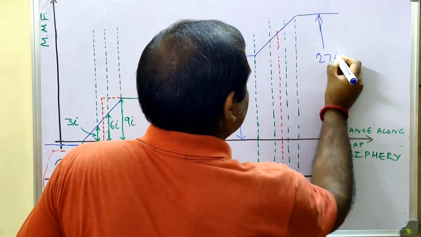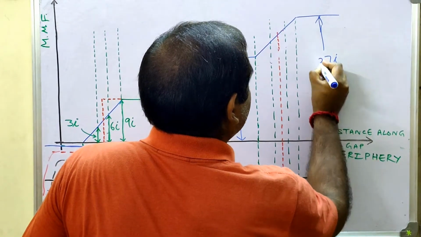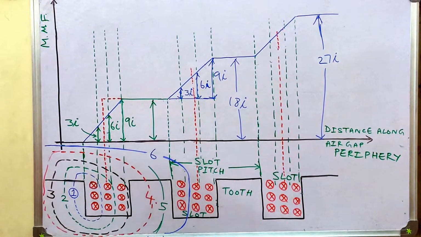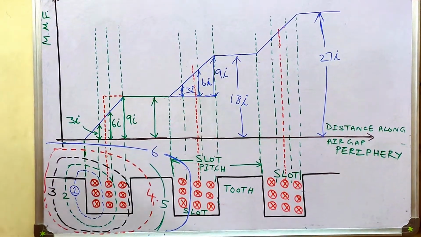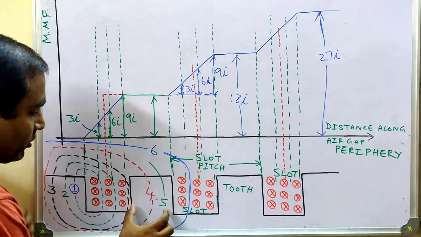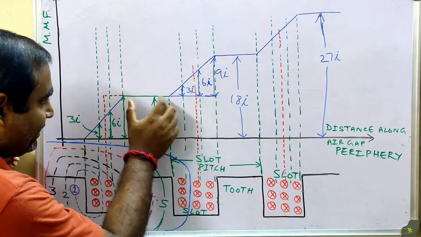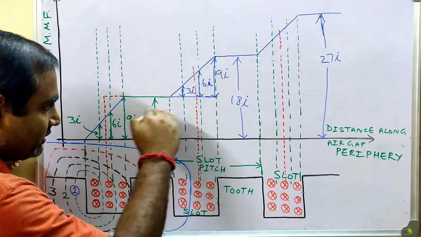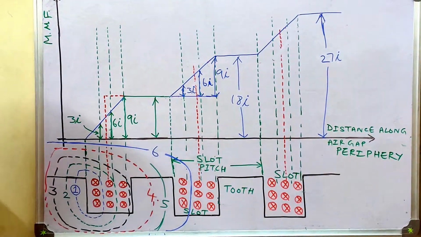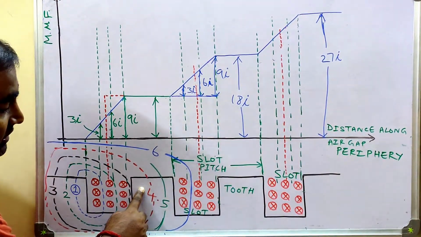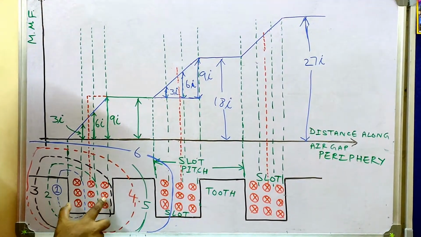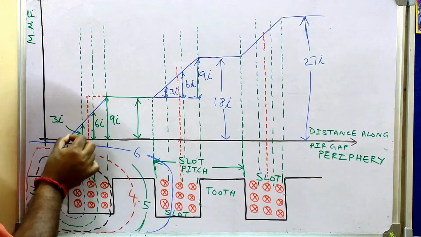So what is important is that we should remember one thing. What is that which we should remember? That the variation of MMF over the tooth portion is not there. It is parallel or constant. It is not changing, neither decreasing nor increasing. Where? Over the tooth portion, because of the simple fact that the tooth is not housing any conductors. So there is no change in current enclosed. Whereas over the slot portion, the MMF is changing in a linear way.